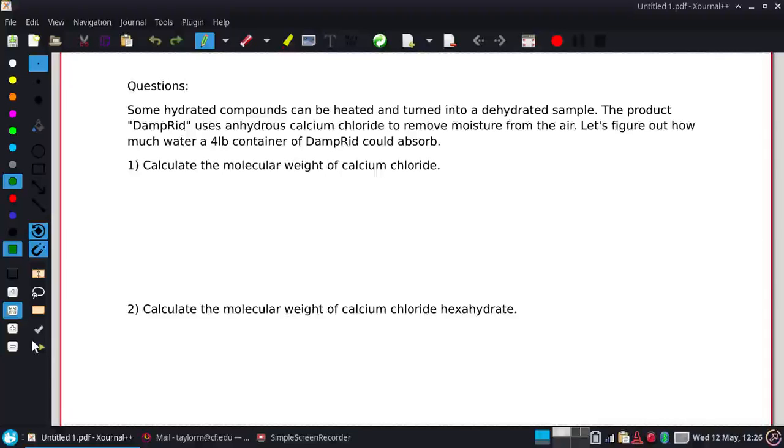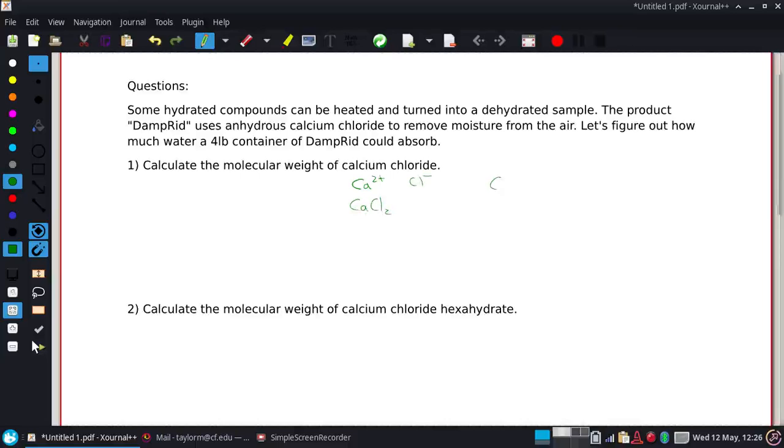All right, I wanted to look at these questions here. If you're getting this, just to help explain a couple mistakes that we saw. So, the first one wanted us to calculate the molecular weight of calcium chloride. The most common mistake here was missing the charges and therefore getting the wrong molecular formula for calcium chloride, but it